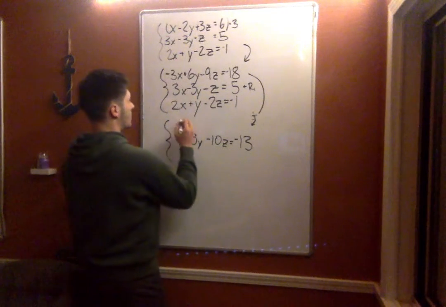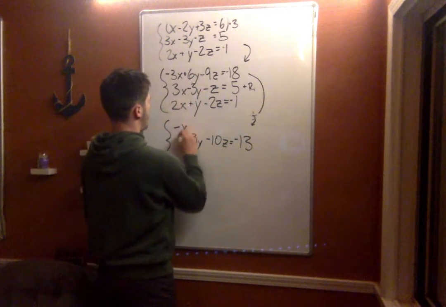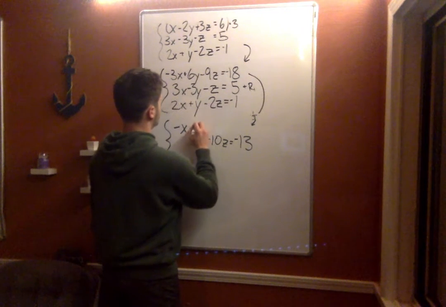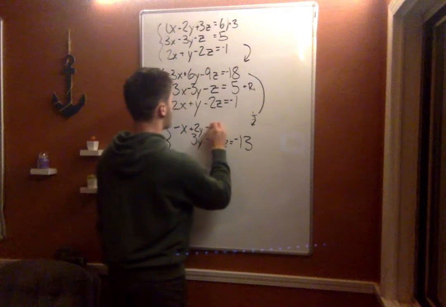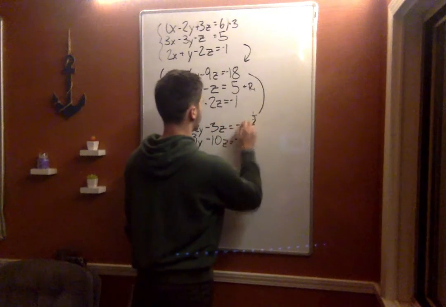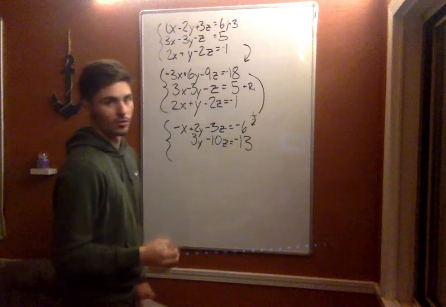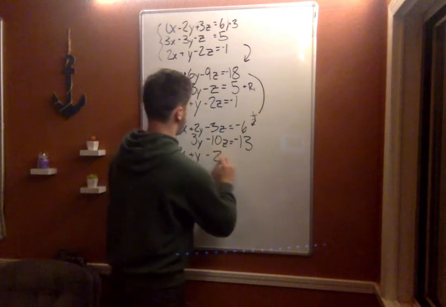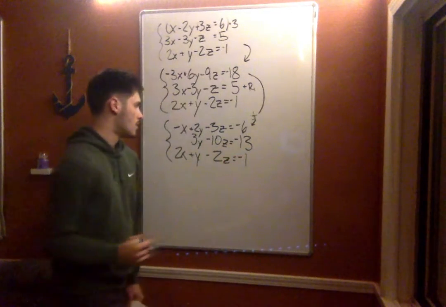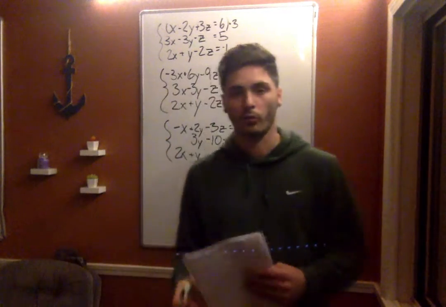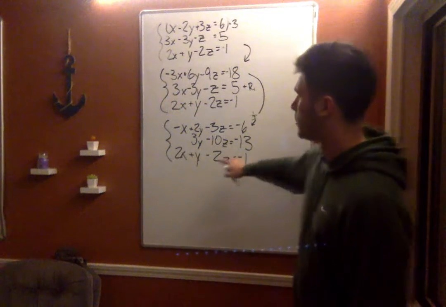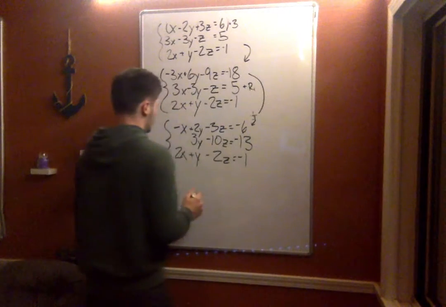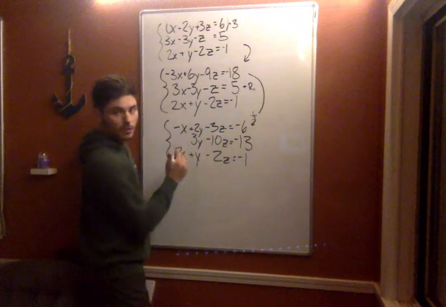So I'm going to do this and get... now I'm just going to write the bottom one. And then as we can see here, we can do a similar process to eliminate this x value. So we're going to multiply this top one by 2. And that'll give us